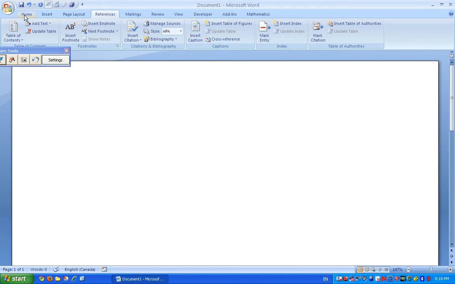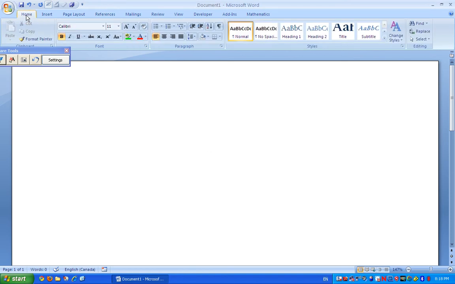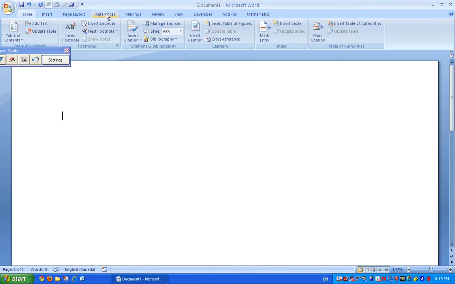I'm going to demonstrate how to add a table of contents into Microsoft Word 2007. First off, you can click the References tab up top. And what this is going to do is add an automatically generated table of contents that is a lot easier